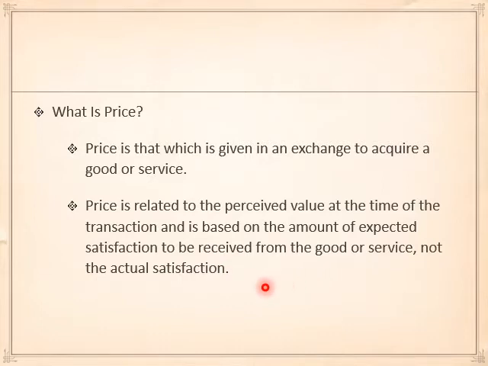but not the actual satisfaction. So as you pay for a plate of nasi lemak, for example, for 12 ringgit, that is the price that you need to pay with the expectation that the 12 ringgit nasi lemak will give you, let's say, sambal kerang, sambal sotong, rendang, ayam rendang or curry rendang. Okay, so on top of course you have the eggs, anchovies, some peanuts, and also cucumber, and the rice itself. So that 12 ringgit is actually the expected satisfaction that you will get, but not really the actual satisfaction,